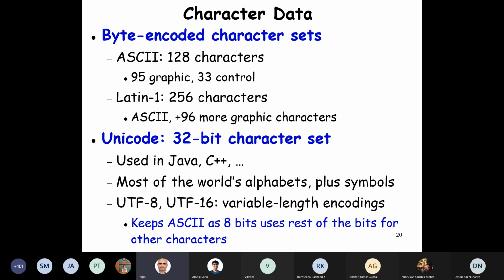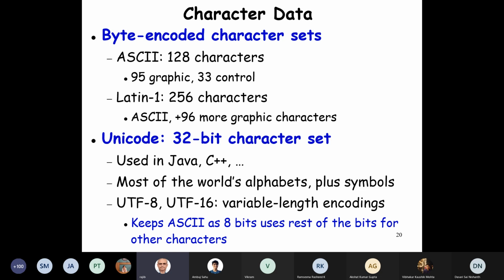Here we can accommodate most of the world's alphabets and other symbols, mathematical symbols and so on. That's Unicode. With present programs being used worldwide, it is advantageous to use Unicode, because you never know, the user of your program can be anybody. Your program should be able to support different